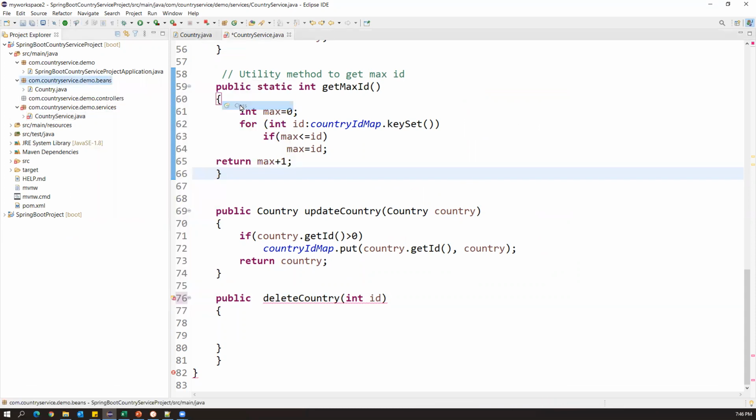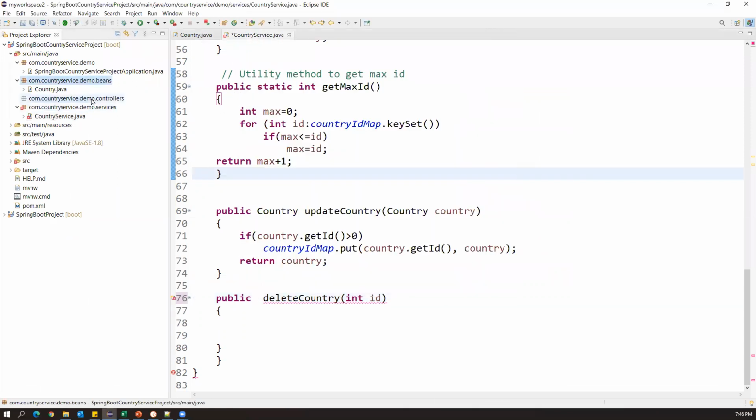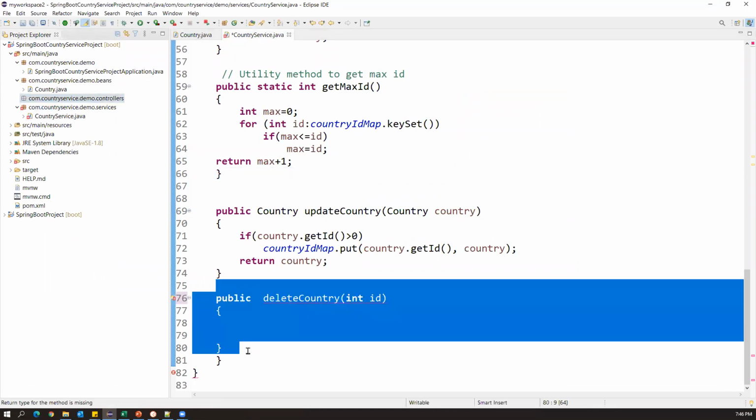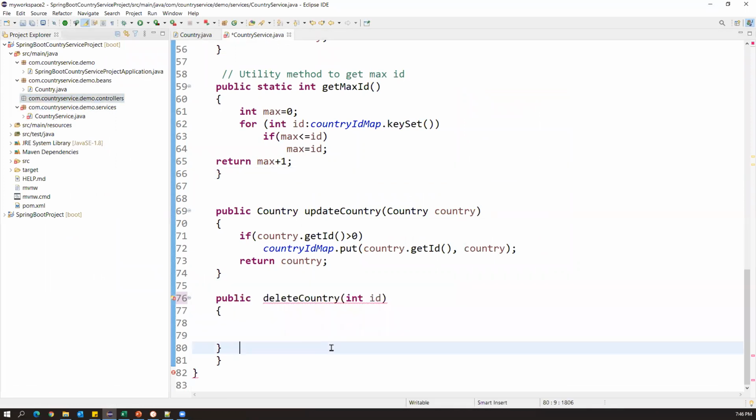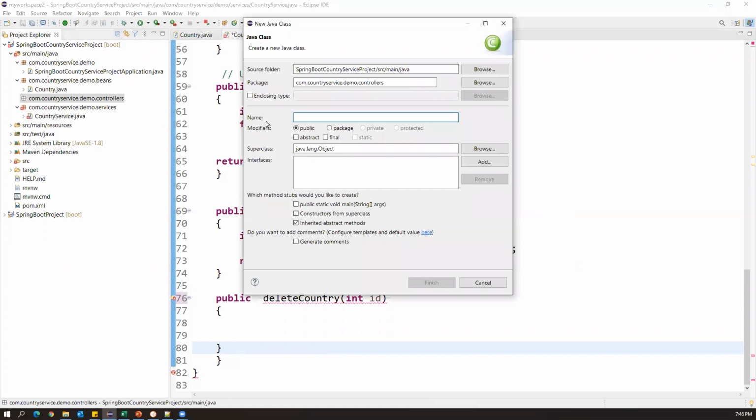Okay, now go back and let's create one more class. It is not exactly a bean, so we can just create it inside the controller itself, because this method should use that one. To just populate the response, inside the controller let's create a new class and name it AddResponse.